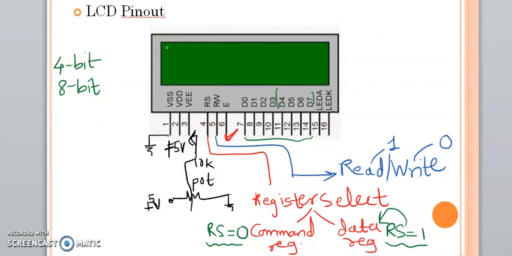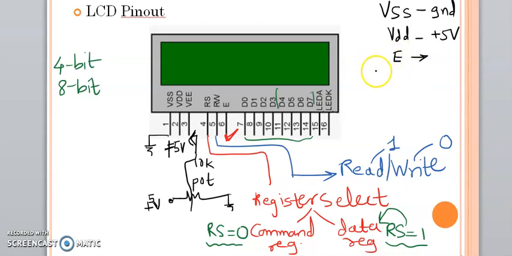So if you look at the total pin out to display the text message with the help of this LCD, what are the mandatory connections? I am going to collect those connections over here. You need to connect VSS to ground. Then you need to connect VDD to plus 5 volt. So these are mandatory connections. Then you need to connect enable to any of the IO pins.